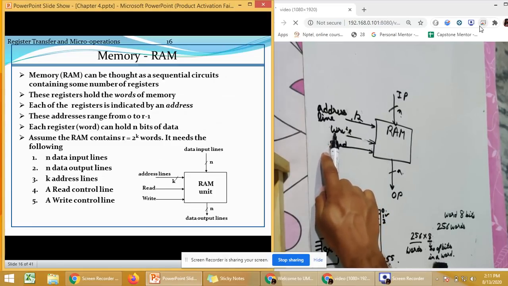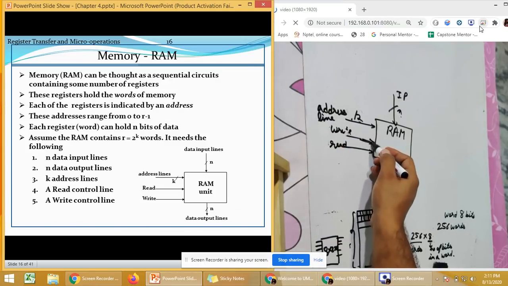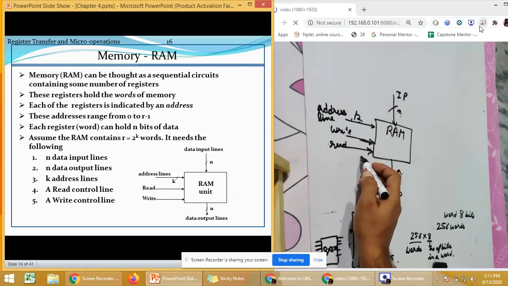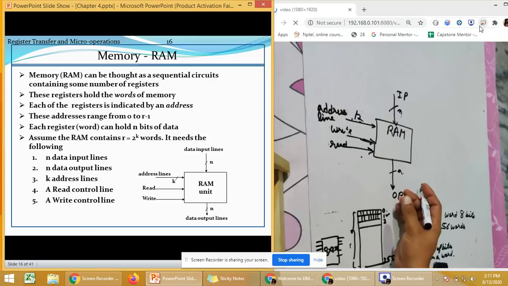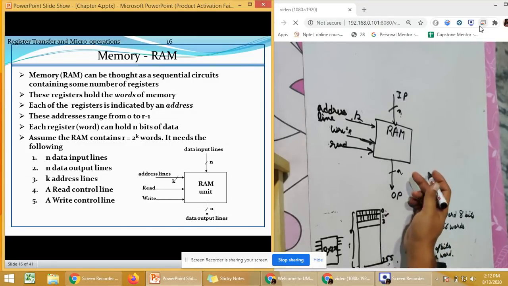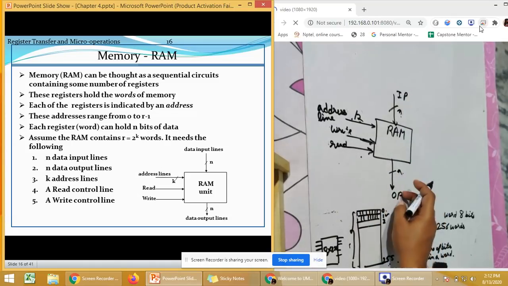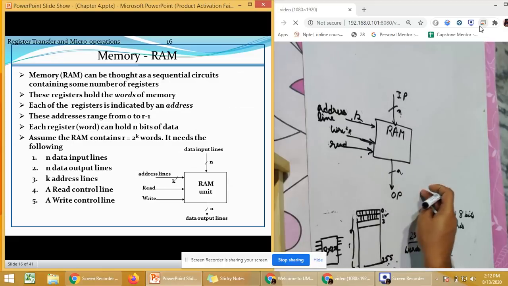Then what is a write operation? Write is simply, if you want to write, your system will issue this command or enable this line. If it wants to read from RAM, then again it will enable this line, the read line. N is the number of bits in a single word. So in this case, if 8 bits are stored in one word, then this n will refer to 8.